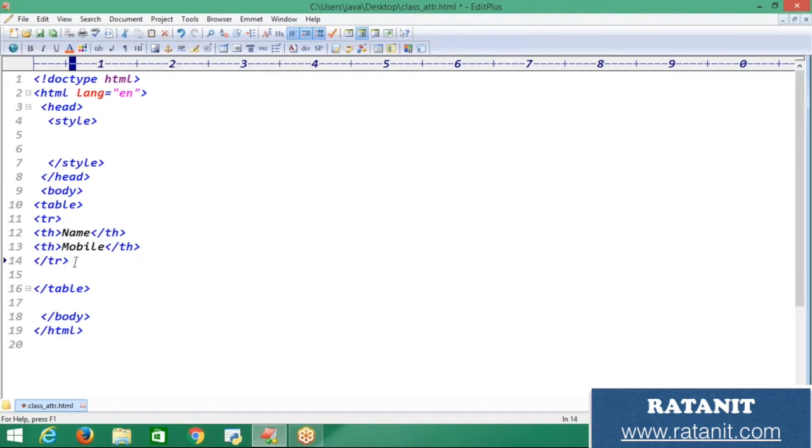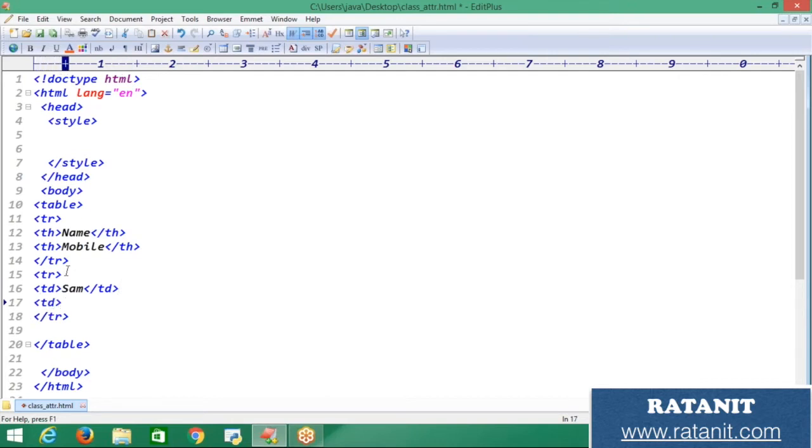Now like this I'm having another row, that is tr, and I'm going to add data over here. I need to close this tr. Let us suppose my td is Sam. I'm going to close my td over here, and I'm having a mobile number here.